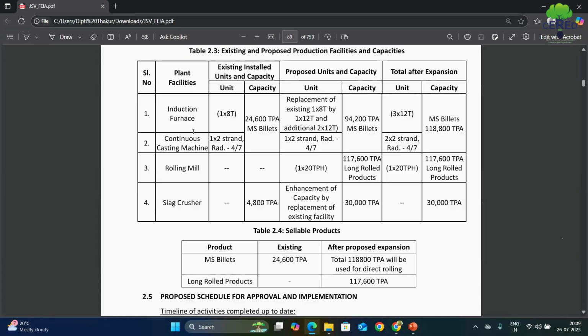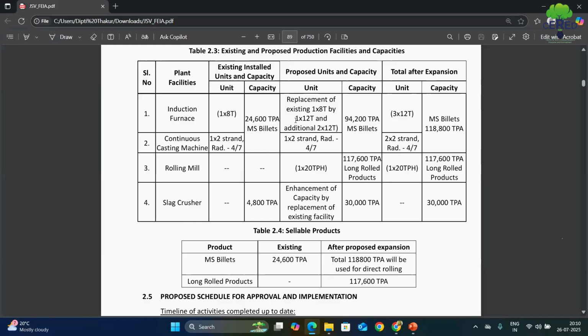The plant facilities are basically completed with induction furnace, continuous casting machine, which is CCM, and rolling mill, the slag crusher. Firstly, the main existing unit was induction furnace and CCM. 1 into 8 ton of induction furnace and 1 into 2 strand 4 by 7 CCM was installed previously. And after a few years, they want to expand their plant, and the capacity is expanded up to 24,600 TPA